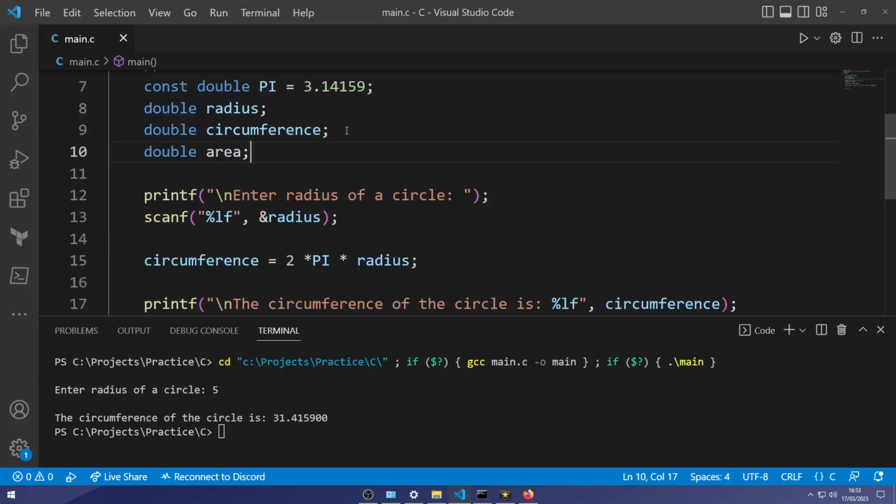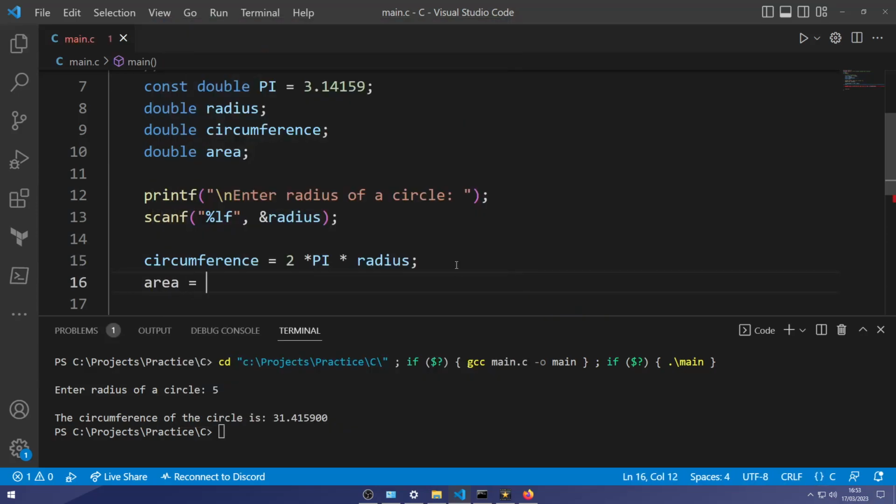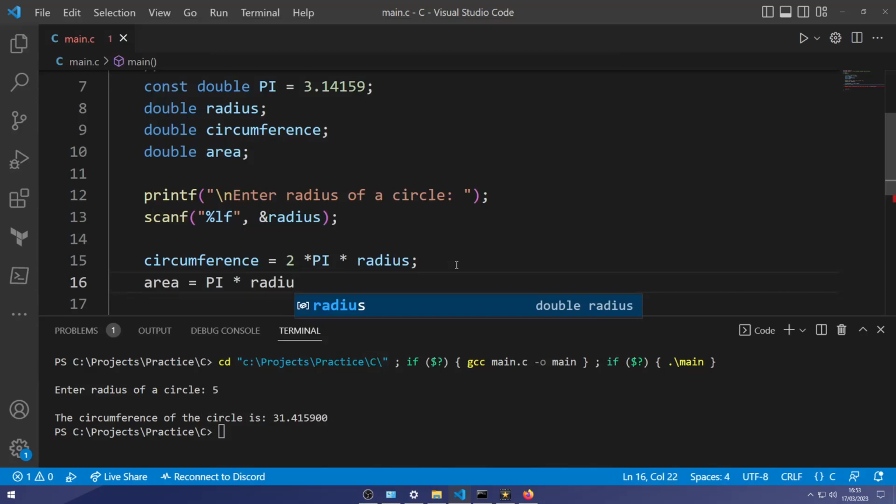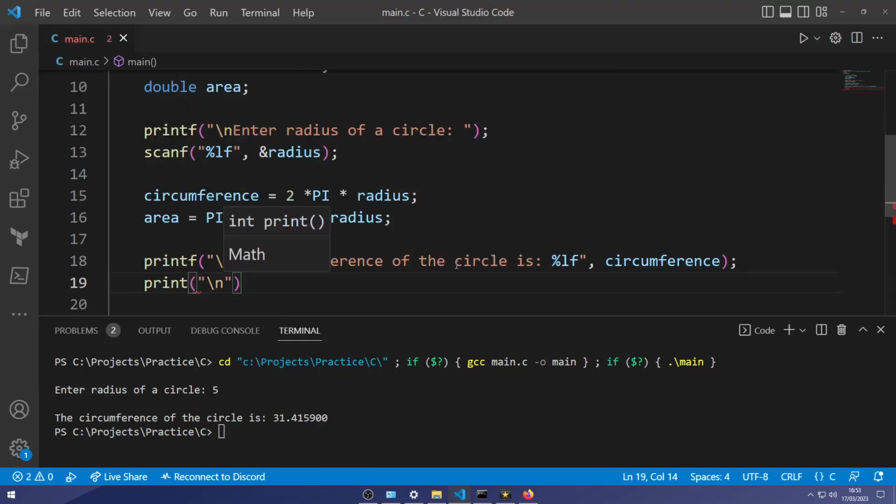Now we can add some more parameters. What if we want to know the area? So the area is going to be pi times the radius times the radius again. So we're going to do print.